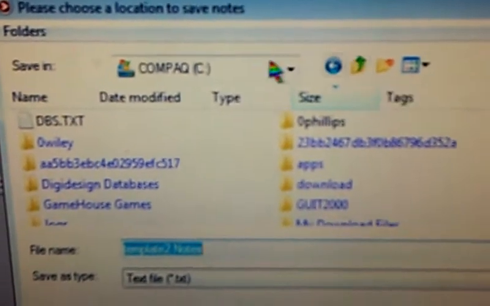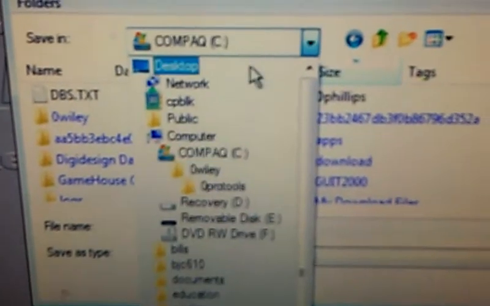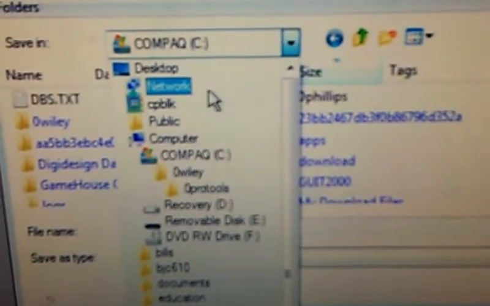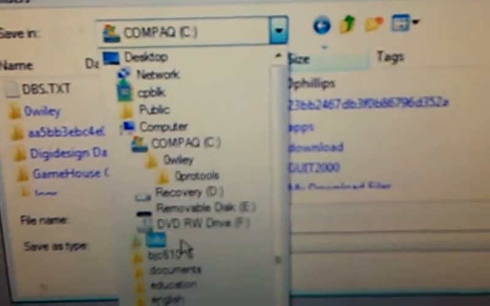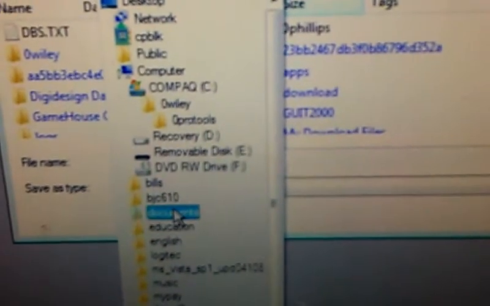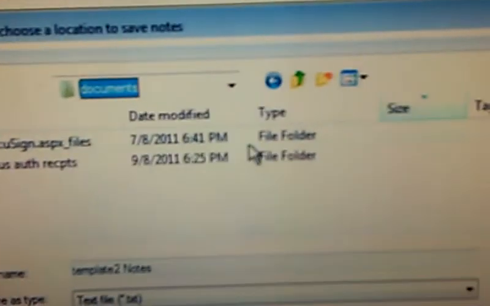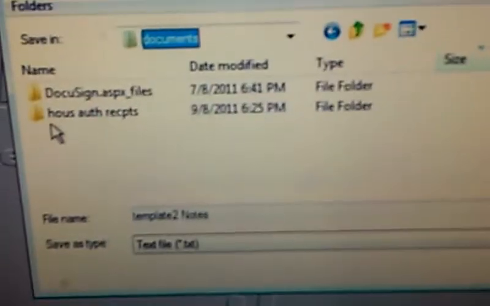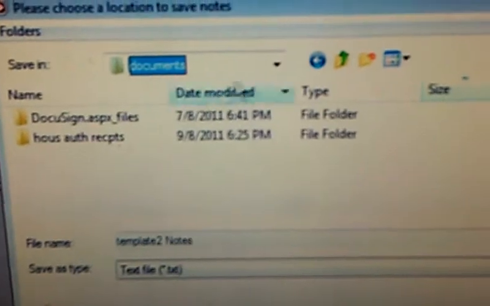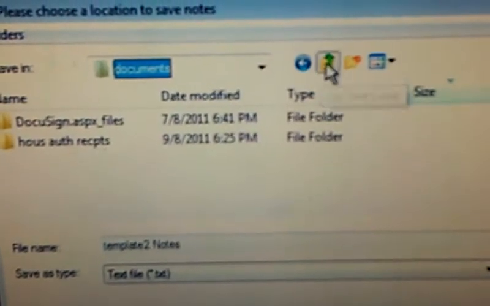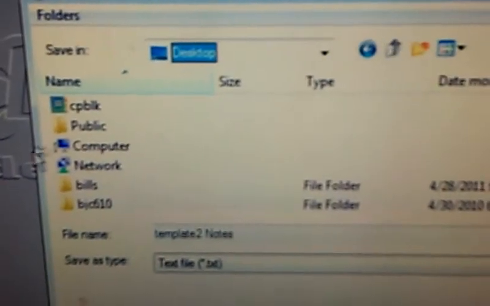Oh, I don't see that. Okay, let's go back up. Here's Computer. Okay, here's CPBOK. Let's open that up. And here's Documents. And we should see Download. There's, okay, Pro Tools Projects. That's what we want. Now, if that was confusing,